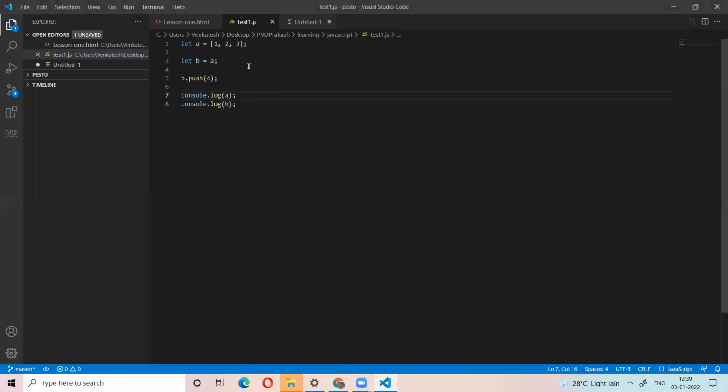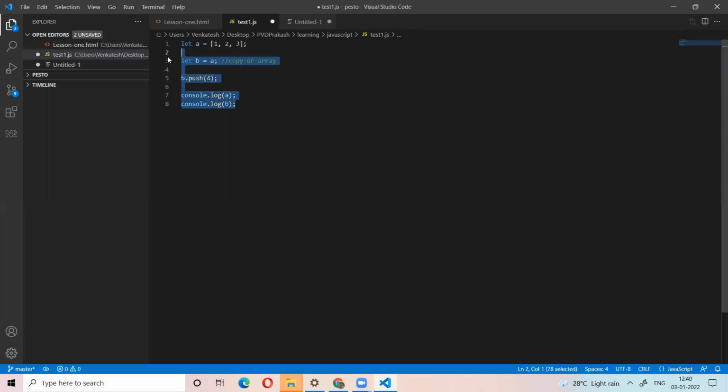This is called a clone or a copy of the array. When you assign the variable a value here, it will take this memory location only. It does not create new memory for B. It will use the memory of A only. So if you add a new value, you change the memory of A only. There is no new memory for B, it uses the memory of A. That's why both are affected.